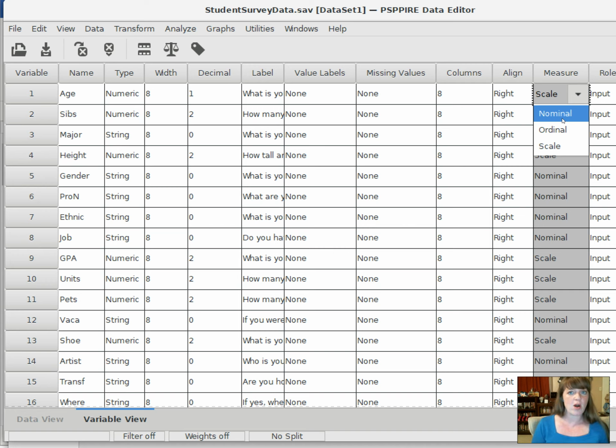But scales of measurement are a more fine-tuned way of describing the nature of your variables. And it's based on this guy, Stevens, 1946, who came up with 4 scales of measurement: nominal, ordinal, interval, or ratio. And so PSPP allows you to specify whether you're choosing numeric or string, whether or not you're dealing with a nominal variable, which could be either a string or a value labeled numeric; ordinal, where you're putting people in order, 1, 2, 3, or 4, like the places in a race; or something that's rigorously mathematically assessed, which would be what he calls interval or ratio measurement,